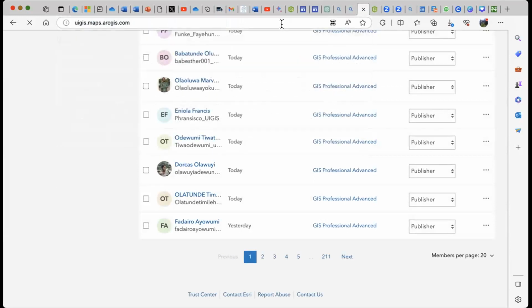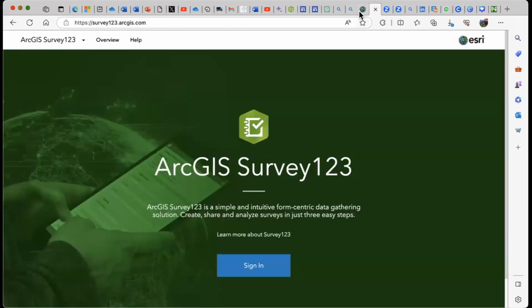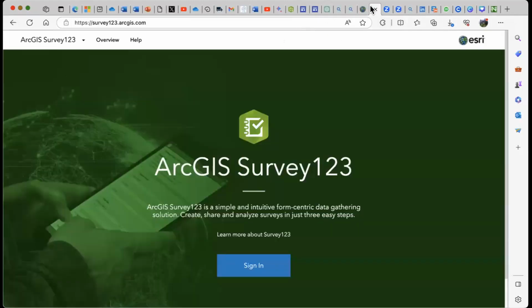This is UI's account. So I go to Survey 123 directly, which takes me to my sign-in page, or I come to the global home page for Survey 123. The choice is mine. So let's move on.